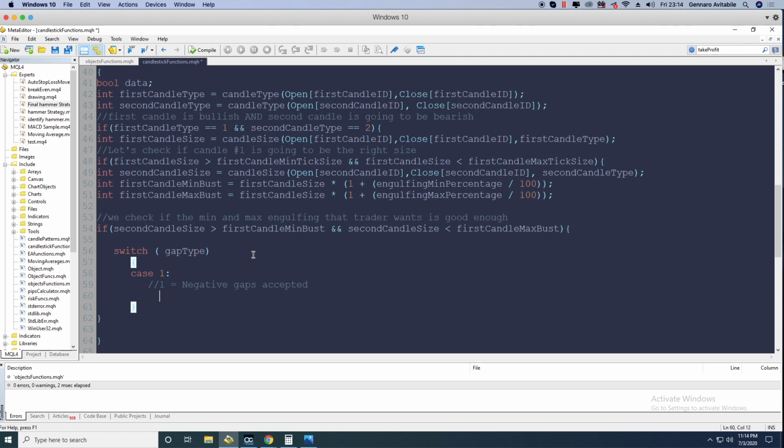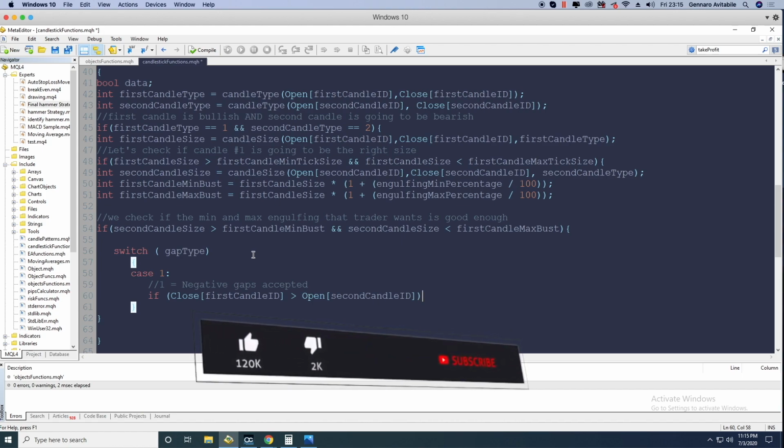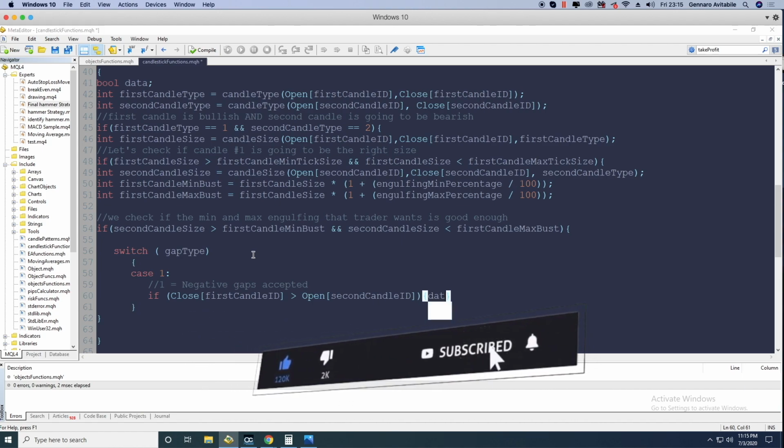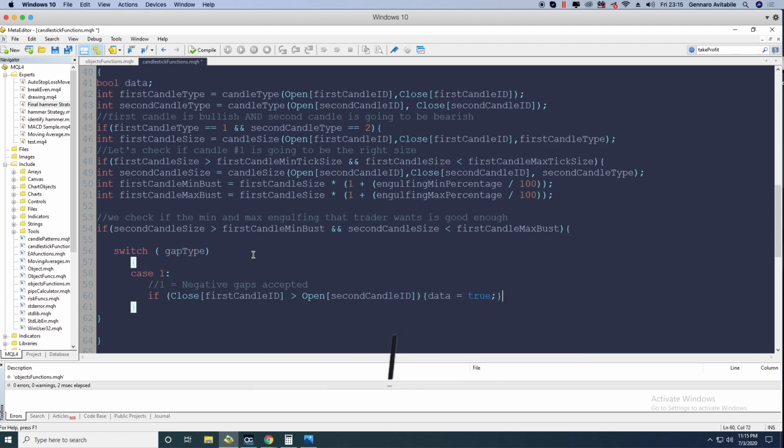So we're gonna simply do, if the close of first candle ID is greater than the open of the second candle ID, then we're just gonna say that data is equal to true, and we're gonna break here